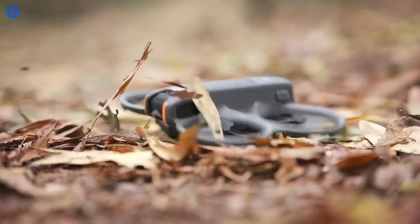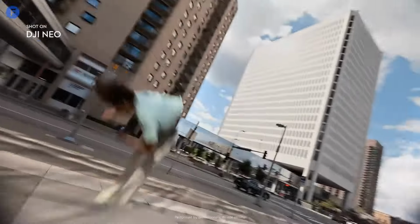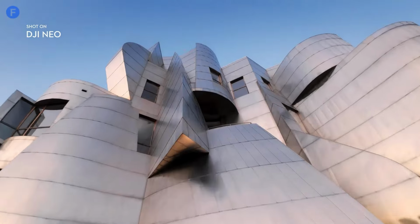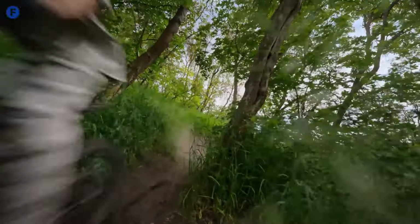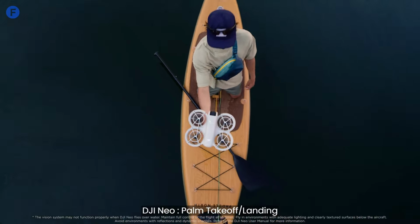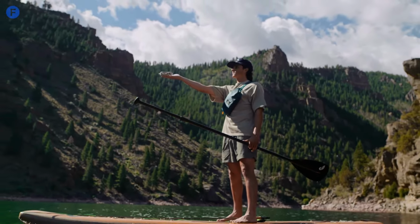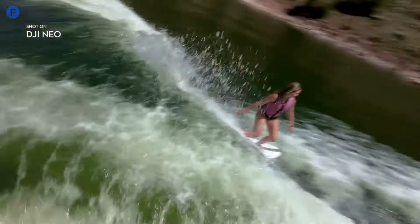Let's move on to flight performance. The DJI Neo offers a smooth flying experience, especially for the price point. It's stable even in windy conditions, and the DJI Fly app makes controlling the drone super easy. You can even fly it without a controller, using just your smartphone. Plus, the Palm takeoff and landing feature are super convenient. In terms of battery life, the Neo offers solid flight time, but you might want to carry extra batteries if